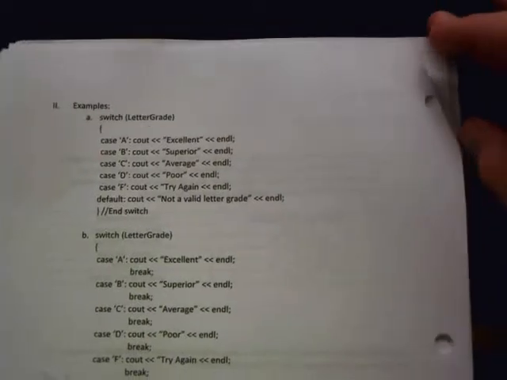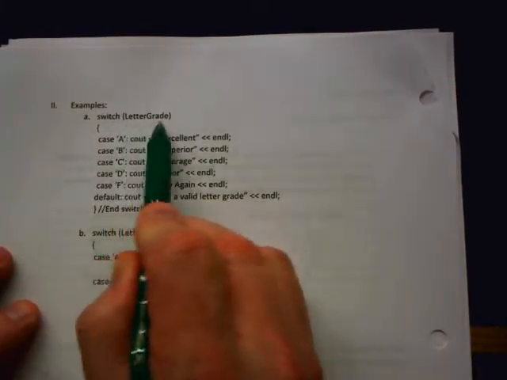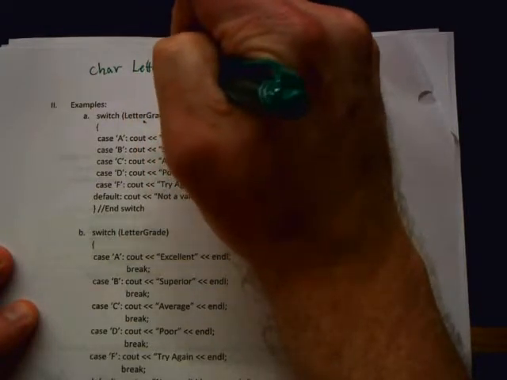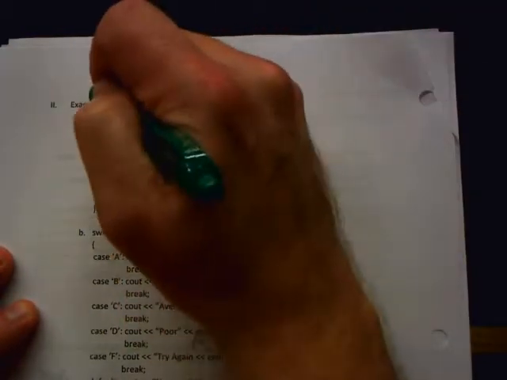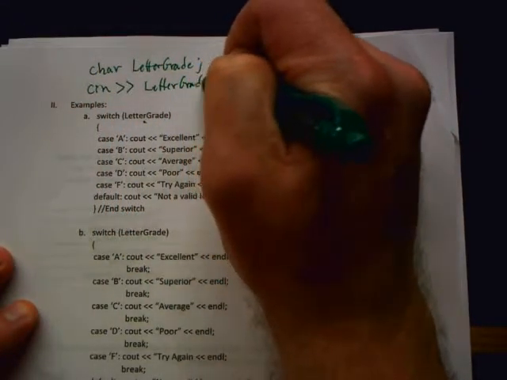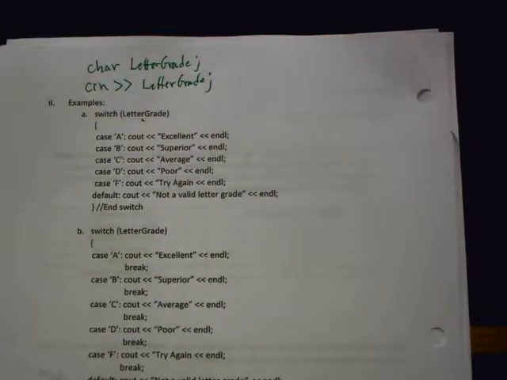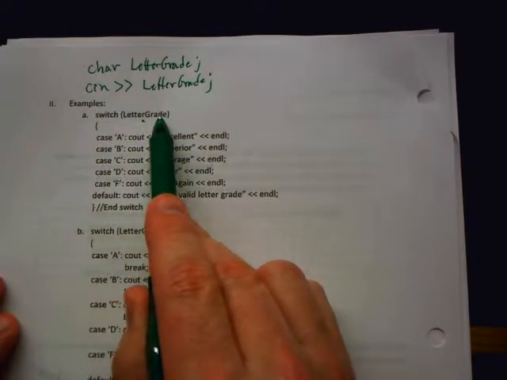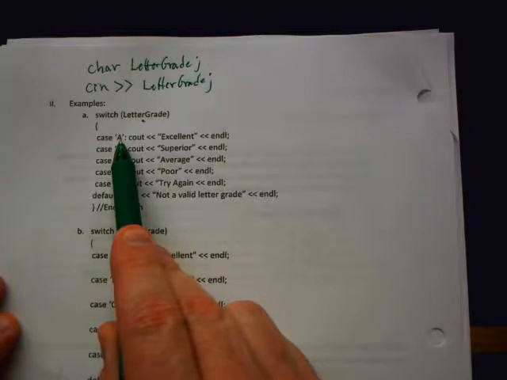All right, so here's an example. So up above, this is a little block of programming here. Up above, we define a variable called letter grade, and letter grade is a character variable. So up above here we have char letter grade. And then up above there's a cin letter grade. All right, so then it says switch, and we're going to test on letter grade. So if the person typed in A, and it has to be a capital A in this case, again, C++ is case sensitive,